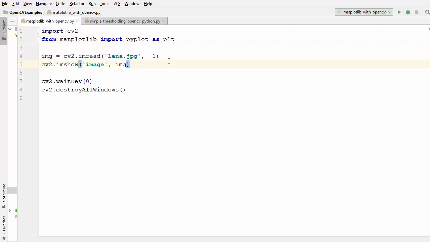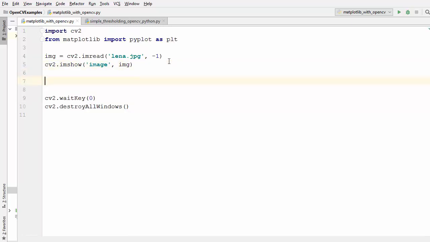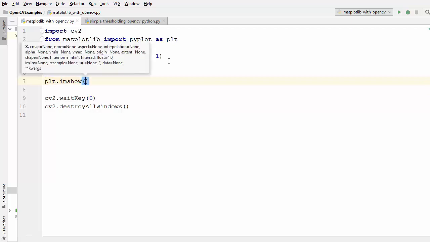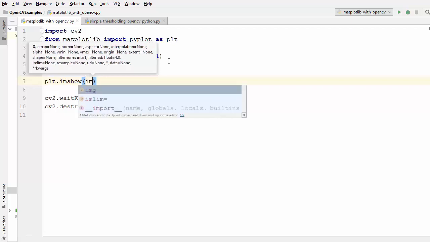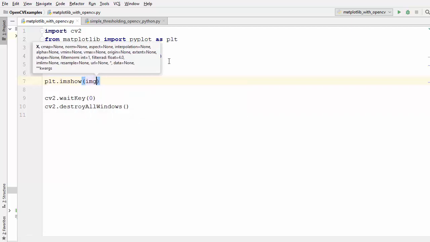Now, in order to show the image which you read using the OpenCV imread method, you can use this code. So just write plt.imshow. So there is also a method inside your pyplot library which is available inside matplotlib, and this method you can use to show the image which you have read from the OpenCV imread method.